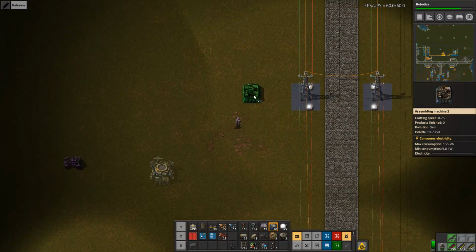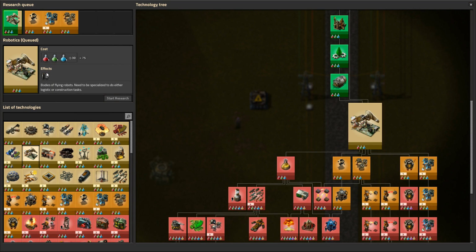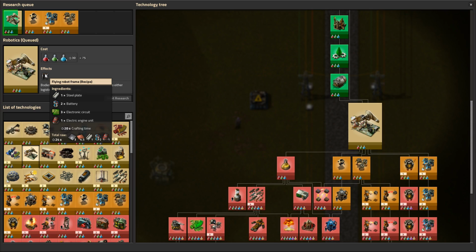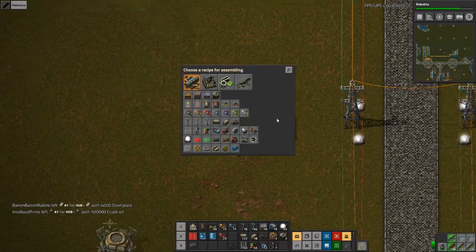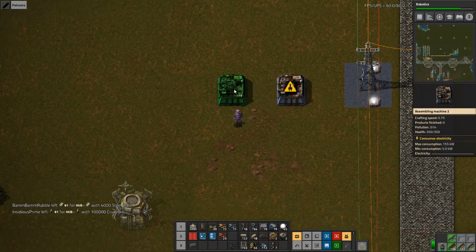Let's build some kind of unit. We have robotics. Robotics is what we... No, we don't have robotics. It's the loaded flying robot frames. That's the one we want to build. So first we are going to have some engines. Then they're going to go into some...